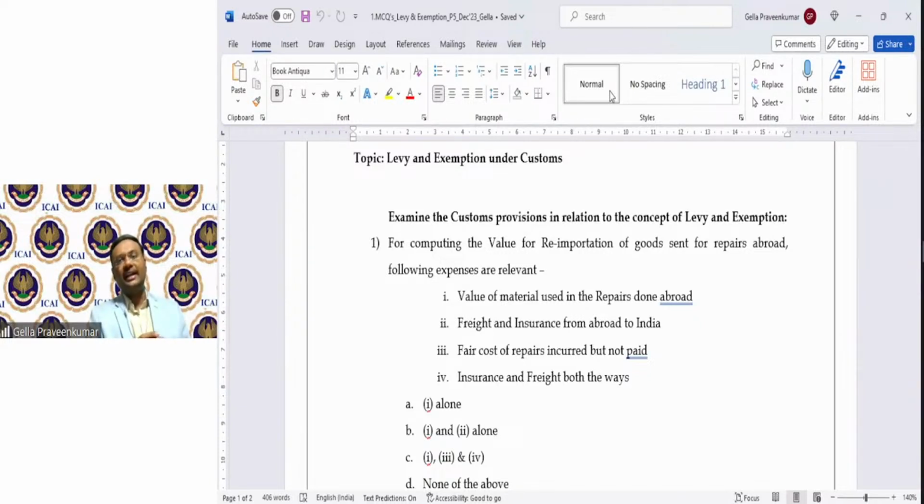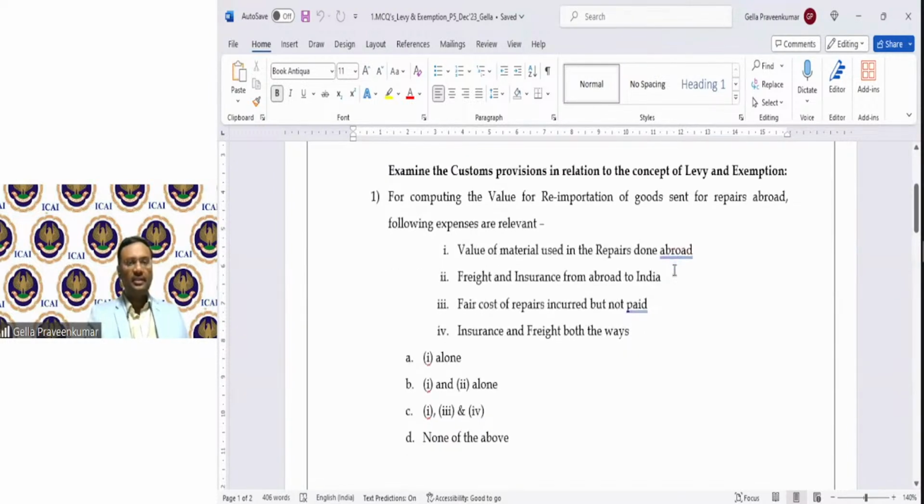To give more clarity, these case laws are given as citations. My suggestion would be, read them for the purpose of understanding. For the examination, there is no hard and fast rule that you need to remember these case laws.